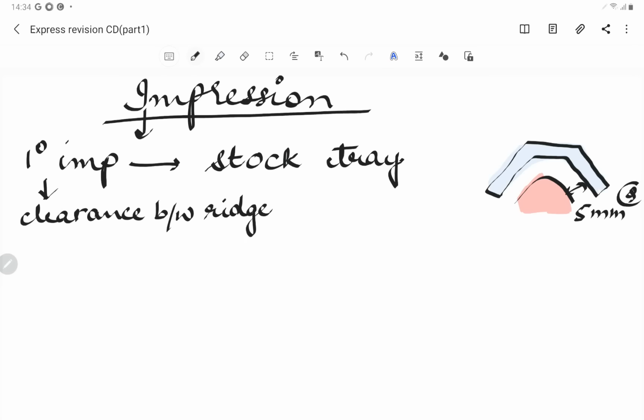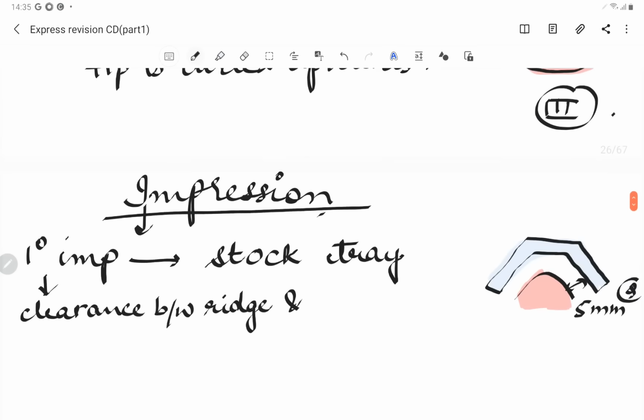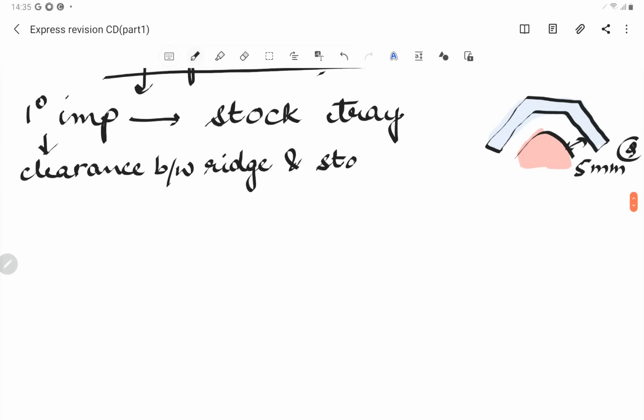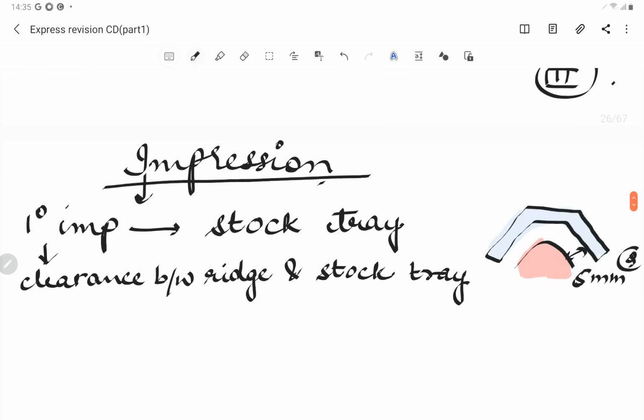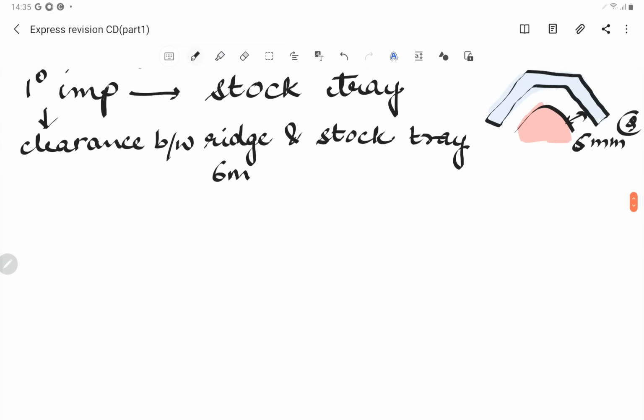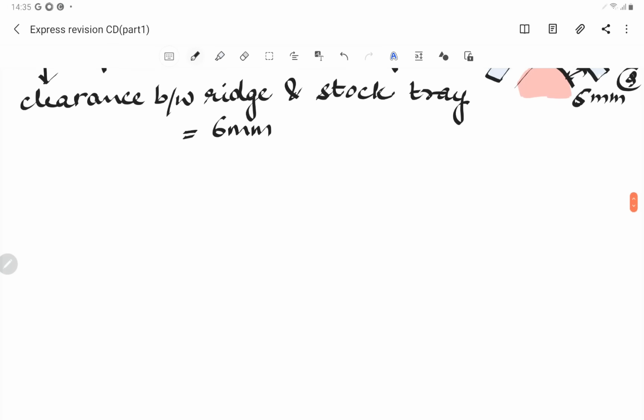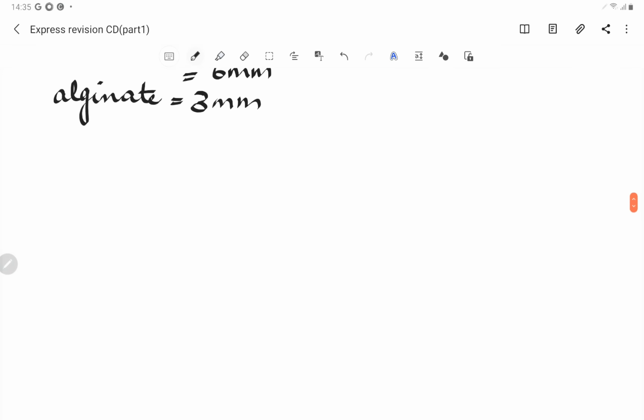See, you have to read the question carefully. If the question is asked between the ridge and the stock tray, then it is 6 millimeter. Minimum of 5. It is 6 millimeter. Minimum it should be 5, right? And for alginate, this clearance is 3 millimeters. So primary impression, the materials in case of complete denture, we use impression compound,